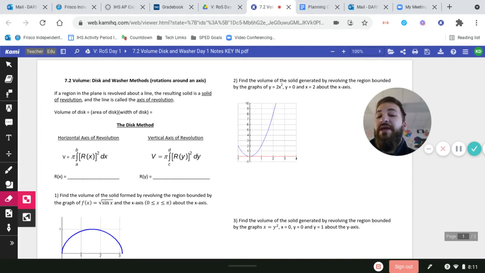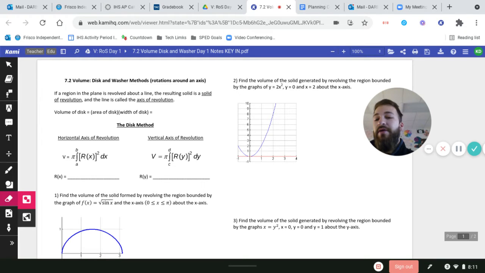So if a region in the plane, being like the coordinate grid, is revolved about a line, being our axis, the resulting solid is a solid of revolution, and the line is called the axis of revolution. So think about it as if we were literally spinning some flat piece of something around an axis, then it's going to create this 3D cylindrical shape. Okay? And most of those shapes, despite whatever our base is, are going to end up being kind of disc-like